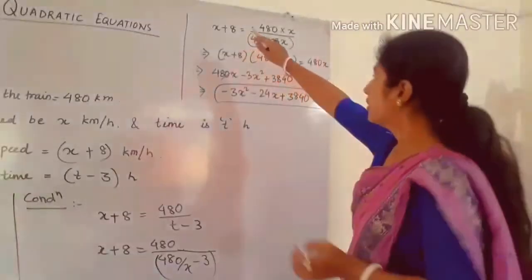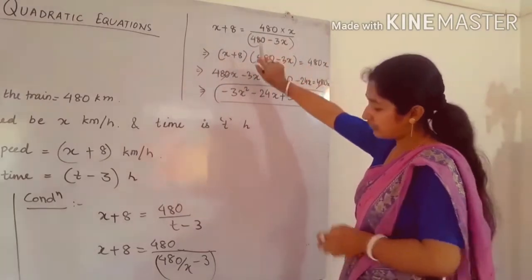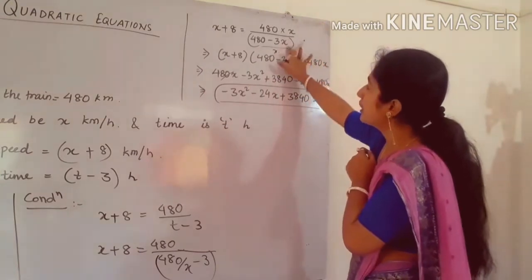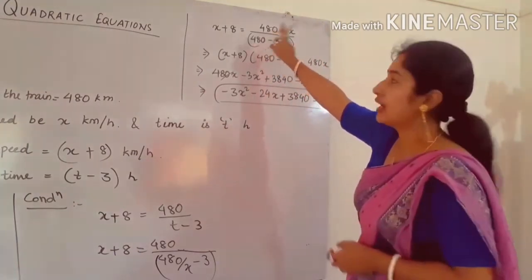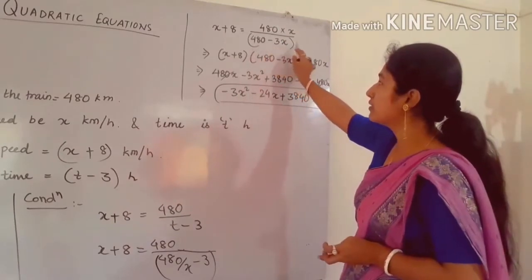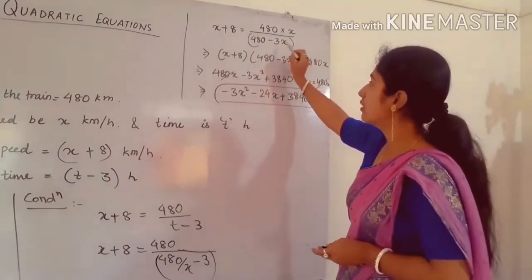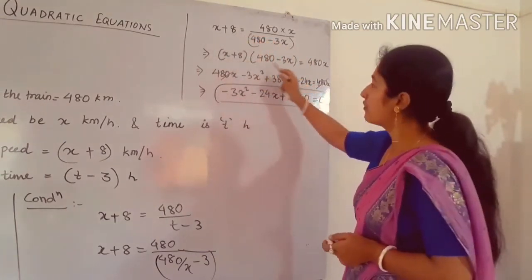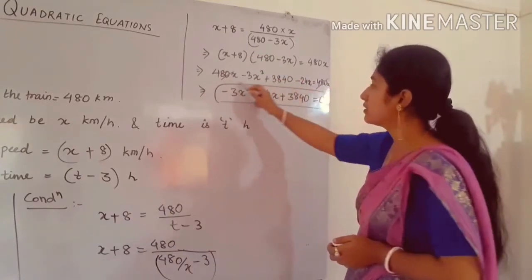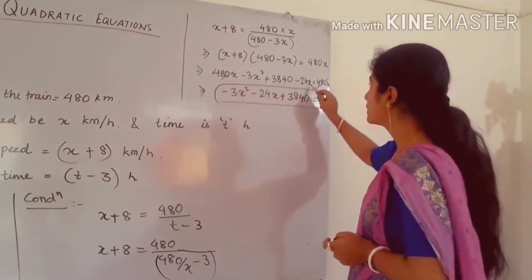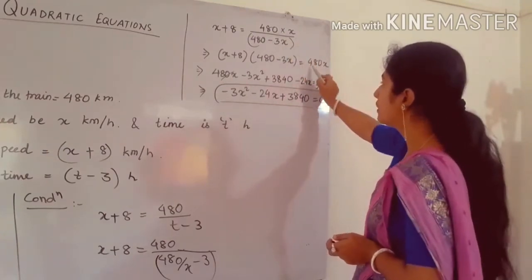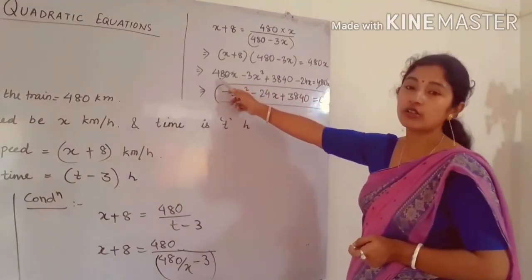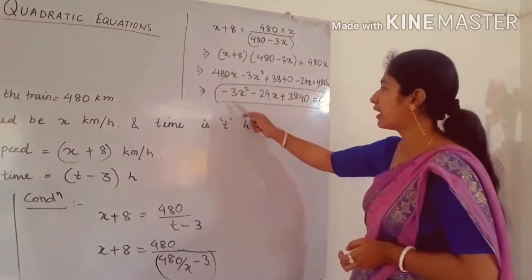Then after that we will solve. See, I have solved it here. We have to simplify. In the denominator we take LCM as x, so that x goes to the numerator and is multiplied with 480, and in the denominator we have 480 minus 3x. After transposing this term to that side, it will multiply with x plus 8. After multiplying we will get this number, and on the right hand side we have only 480 into x. So after cancelling 480x here, and on the left hand side also 480x is there, we finally got this one.